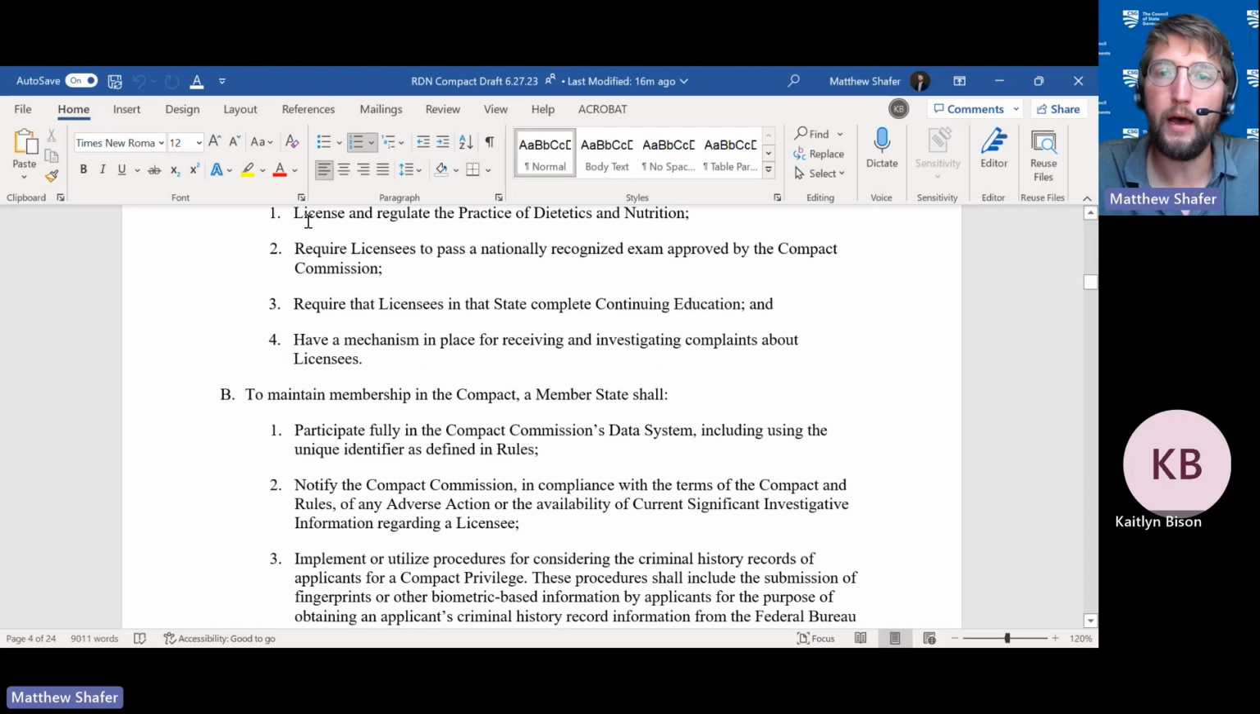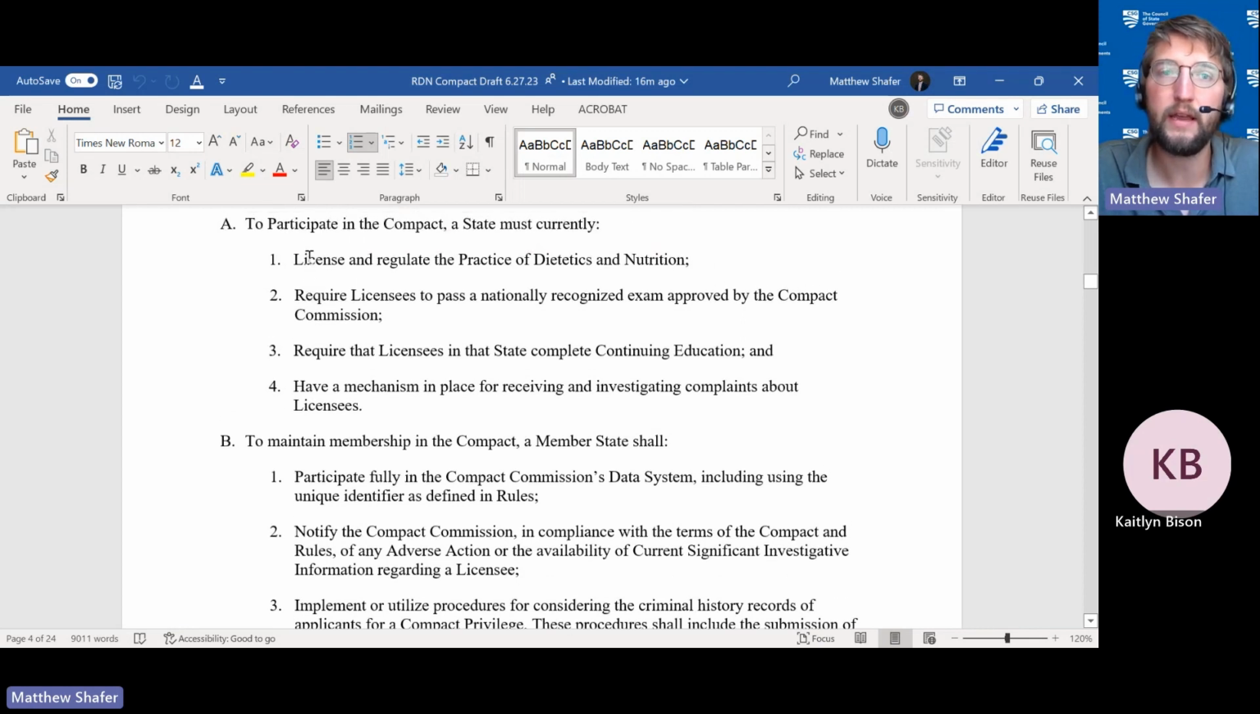Require that states require continuing education, and have a mechanism in place for receiving and investigating complaints about licensees. So this is what a state has to have in place before they join the compact. They have to license. So if your state does not license dietetics, you're not eligible to join the compact. I know this is a profession where not all 50 states regulate the practice of dietetics, and so your state has to require a license before you can join the compact, because this is a licensure compact. So you have to be comparing apples to apples,